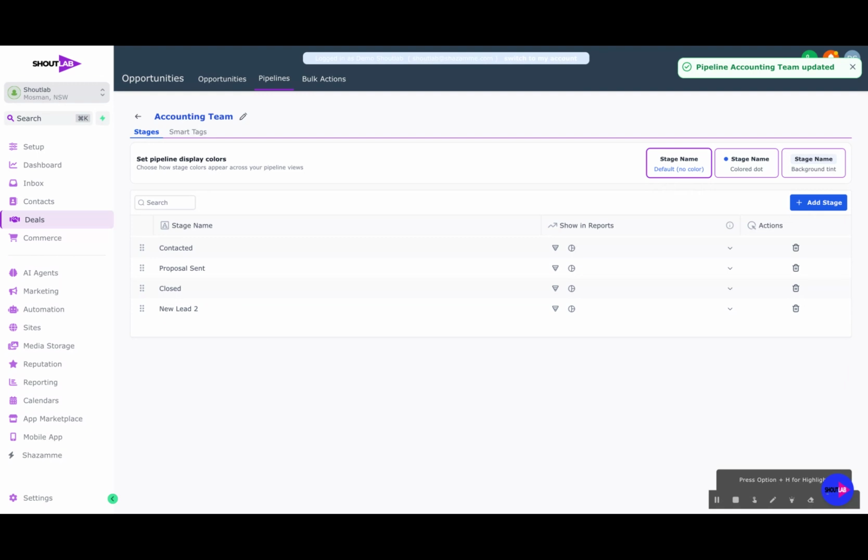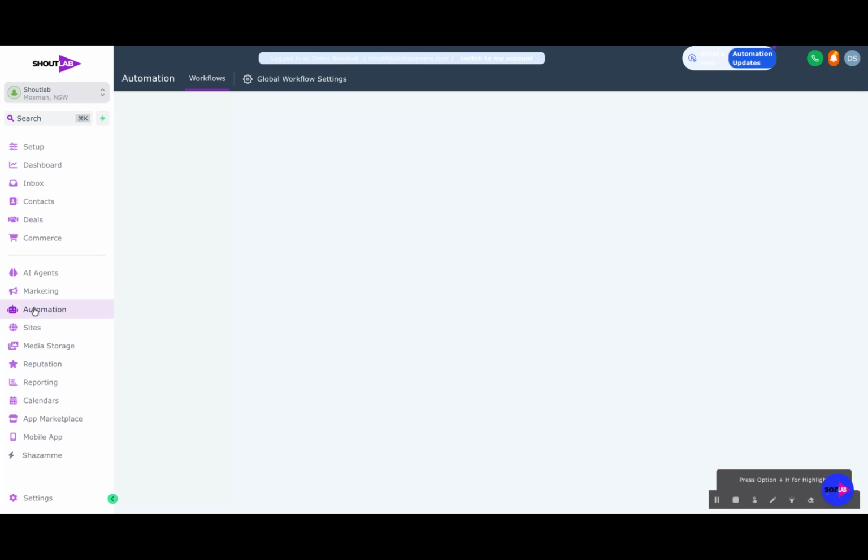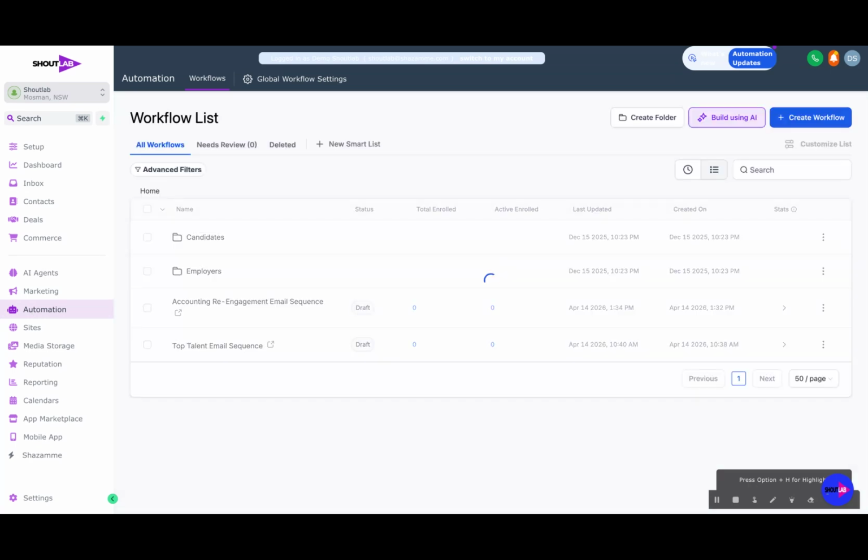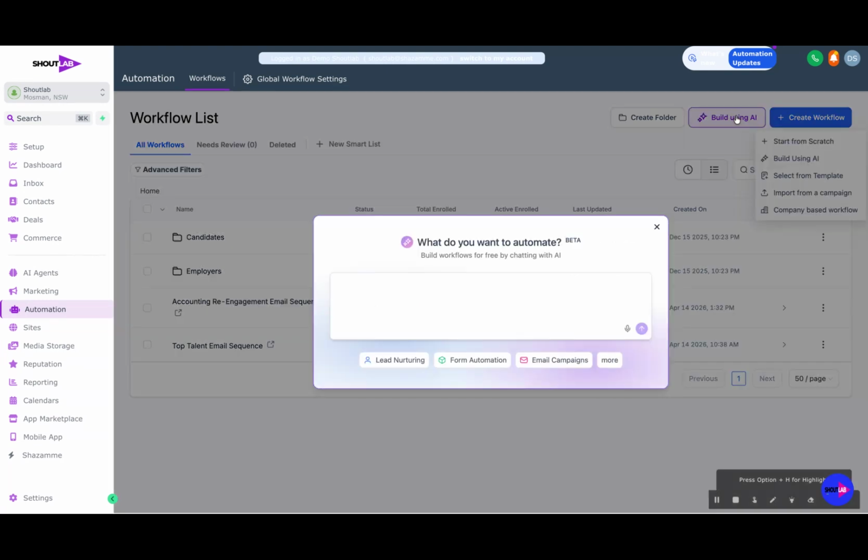And the real power is this: when action happens, automation can move people through the pipeline automatically and trigger the next step. So you may remember in the previous video that you can create workflows and automation based on what happens. So you can easily create a new workflow here from scratch using AI or from a template. So if you've got one you want, you can start doing that, but also you can build it using AI. So for example,